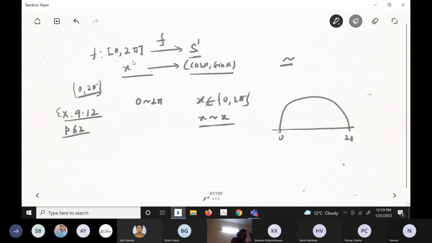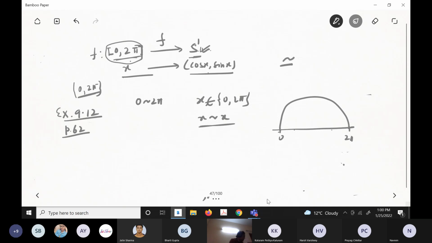Then you ask, what is the advantage of this? The advantage is that often we study S1 in mathematics. It always happens that for somewhat more complicated things, you do not study them directly; you study them via something else. The quotient space has many properties coming from here, but this is much easier to handle. So many properties of S1 I can handle through this. That's why it is important.